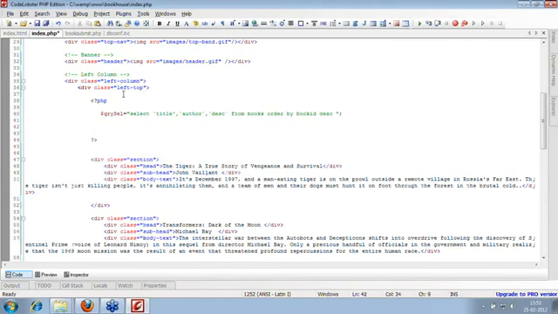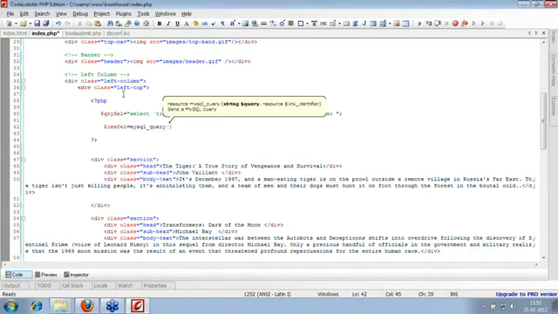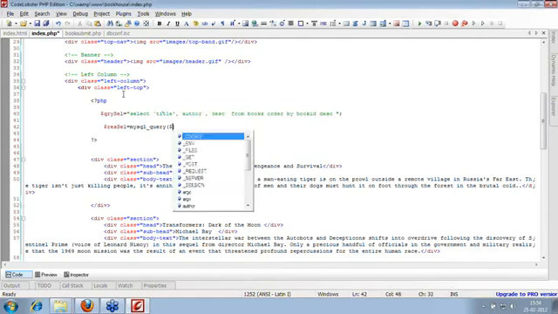The same way I have inserted a query, I need to execute this query. Before that you can have start transaction, then you execute a query and commit. Basically you use it when you are updating and you want to block the values. But here I'll directly use a record set for the select statement, and I'll say mysql_query. Here I'll pass the query.